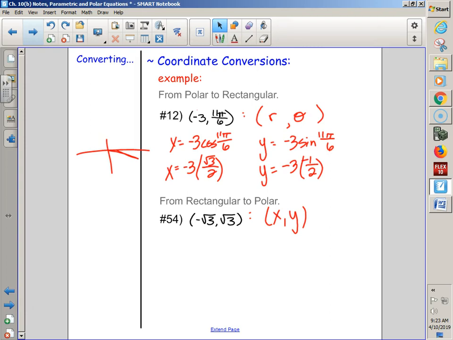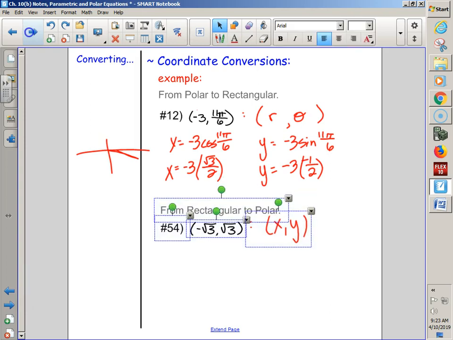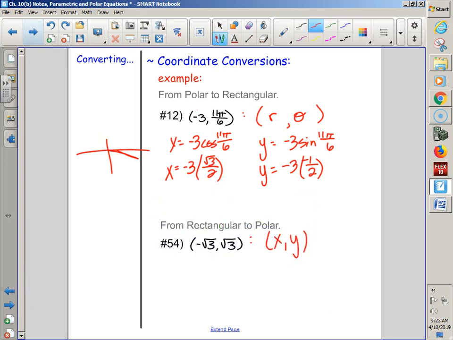So I end up with my rectangular point of how to get to this exact same location, going out 1, 2, 3. I can get to the exact same location by going over negative 3 root 3 over 2 and going